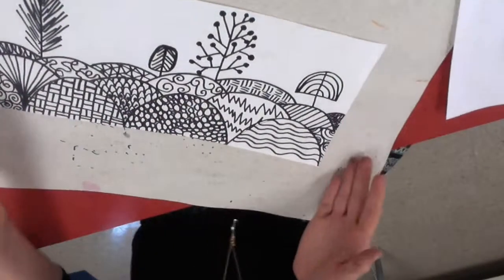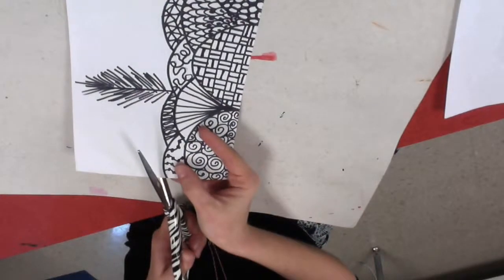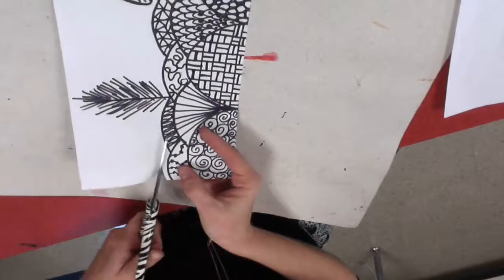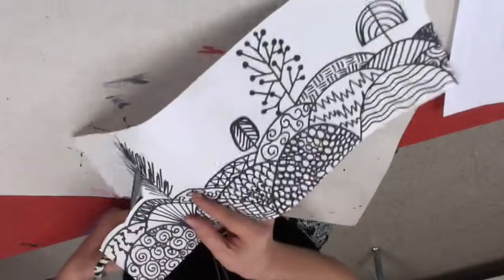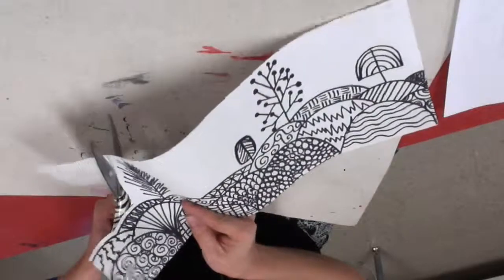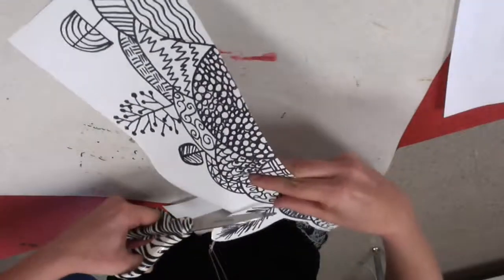Now you're going to cut your landscape out carefully. You want to leave a little bit of white paper around your hills and your tree. So that way you don't cut out any important